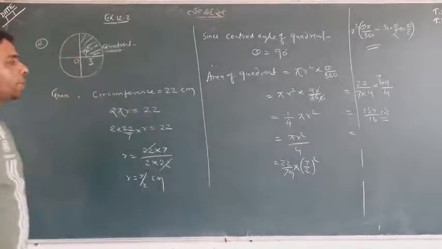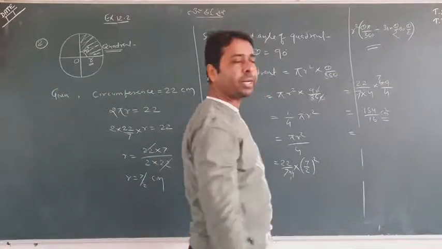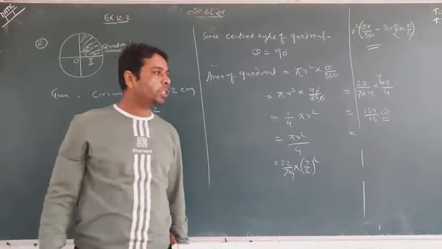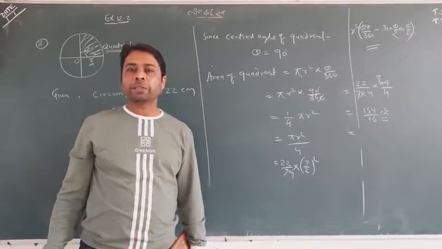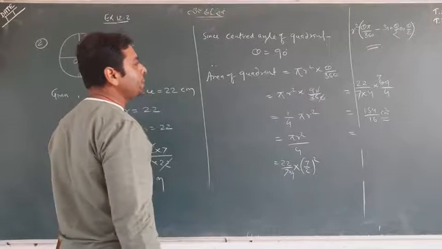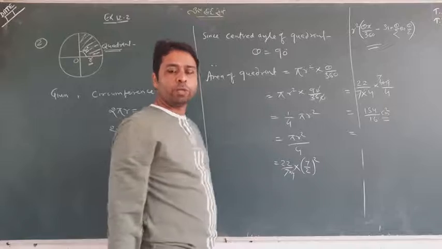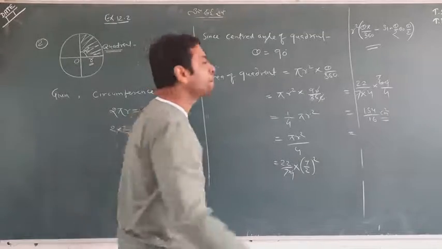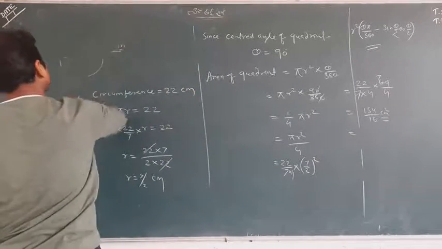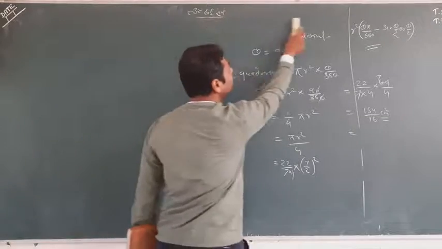So it was a simple thing. Last time I think I wrote pi by 180. Let's make it correct. It's theta. Sorry, I think I wrote theta by 180. So it's theta by 360. So remember this also. This was a simple area of a quadrant. Remember also that pi r square upon 4 is a direct formula for the area of a quadrant of a circle, so we can use it. So this was a simple question. Now let me rub this out and make a different one.